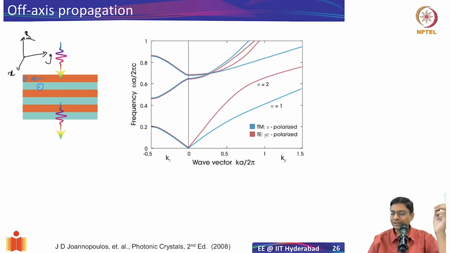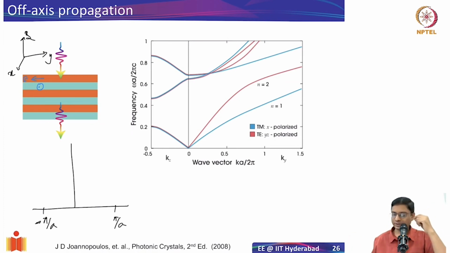And that is why, if you look at the band structure, I don't know if you noticed previously, we are only showing half the band structure. Remember, when I talked about the band structure, I said that we are going to have minus pi by a to pi by a. Now I'm only showing the left half of it, so I'm only concentrating on 0 to minus pi by a. So this is what I'm showing here. This is the on axis, or along the axis of the crystal, on axis incidence.